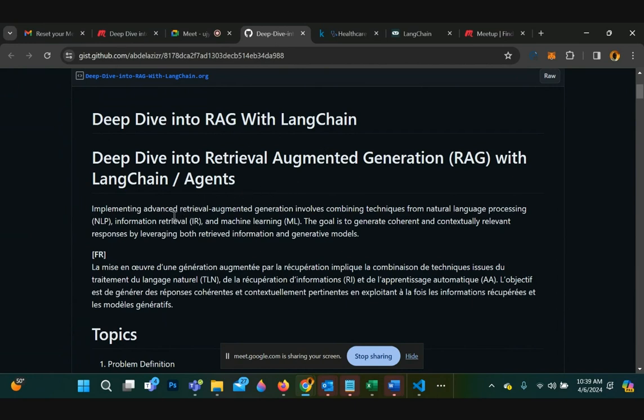I'm sure you've all seen the invite. Today we want to walk through our deep dive into Retrieval Augmented Generation, which we term RAG, and then using LangChain as the library to implement a particular architecture.